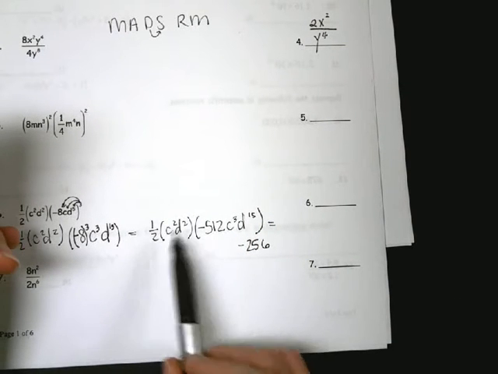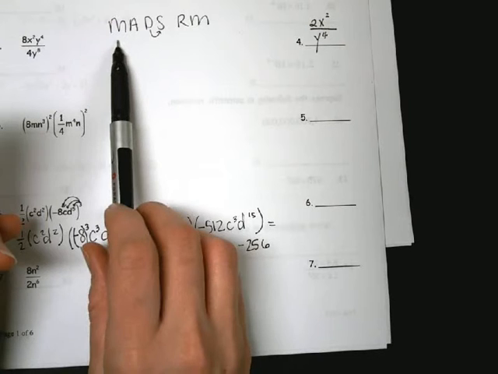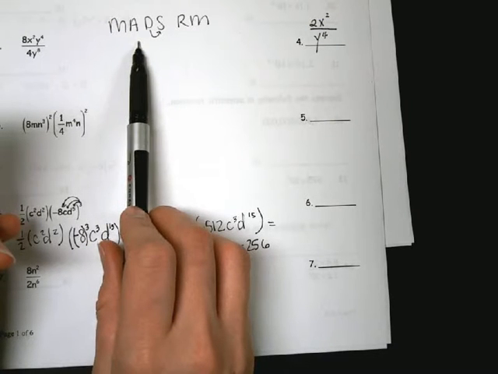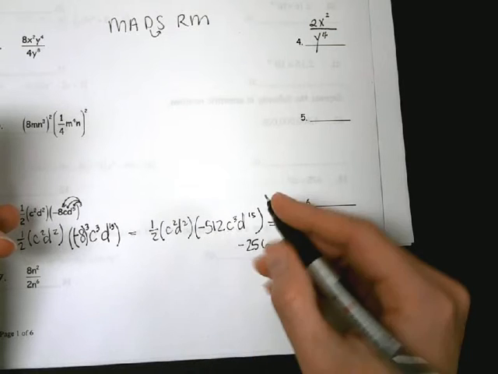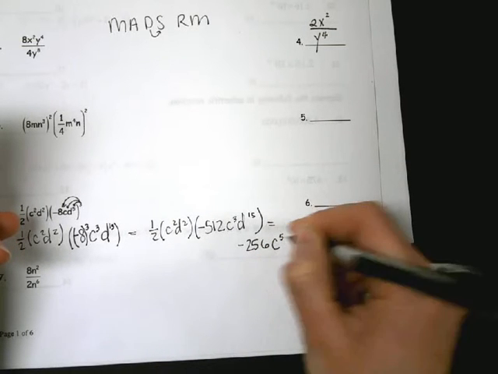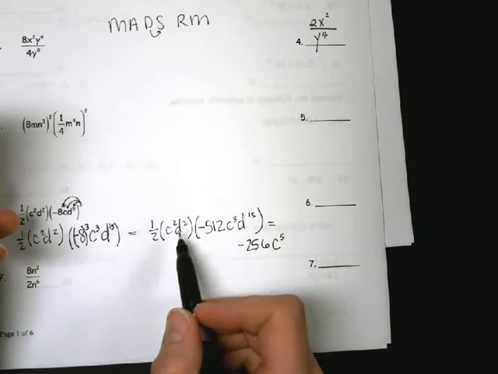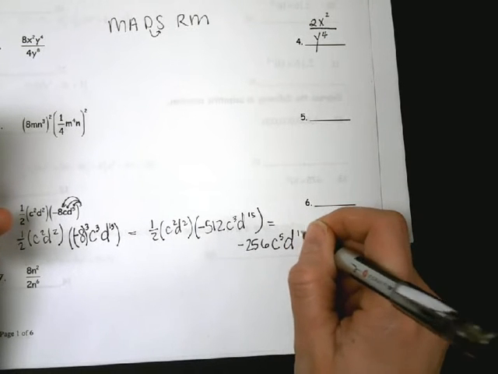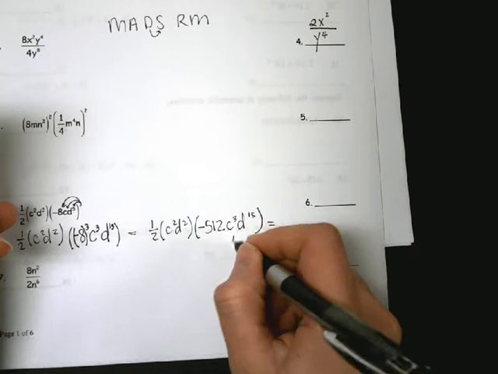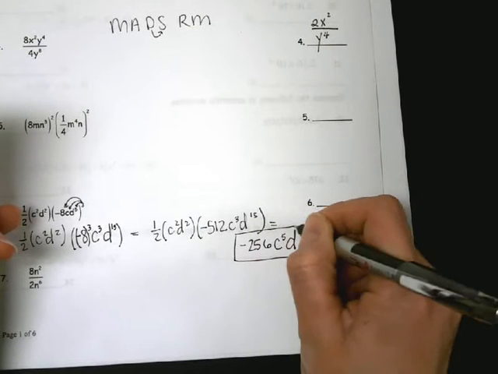Then you multiply your C's. Now remember, when we multiply, we add the exponents. So C squared times C cubed is C to the 5th. Then D squared times D to the 15th becomes D to the 17th. And that's your final answer